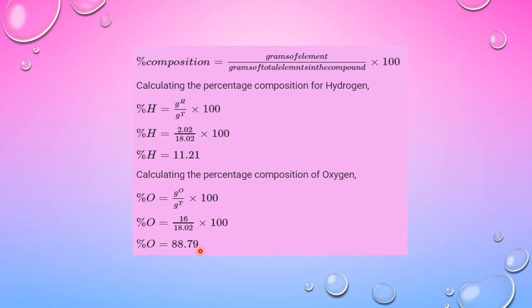Or else what we can do is, as we are calculating percentage, if only two elements are present in a given compound, then if you find the percentage of one element, you can subtract this amount from 100 and you can get the percentage of the second element. And if there are three elements in the compound, then you should know at least the percentage of two elements, and the third you can find by subtracting the total of the two from 100. And this portion we have already studied in grade 9th as well.